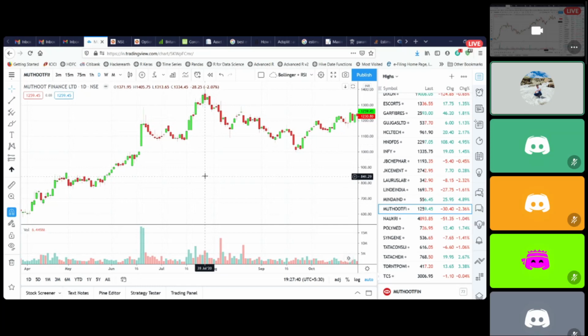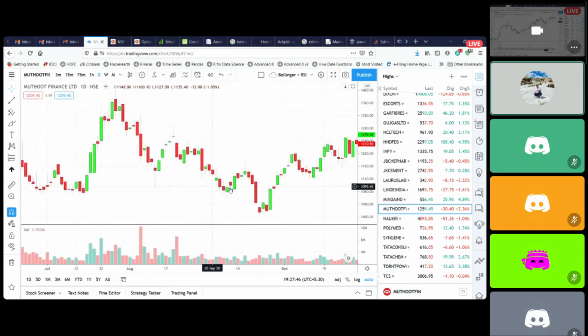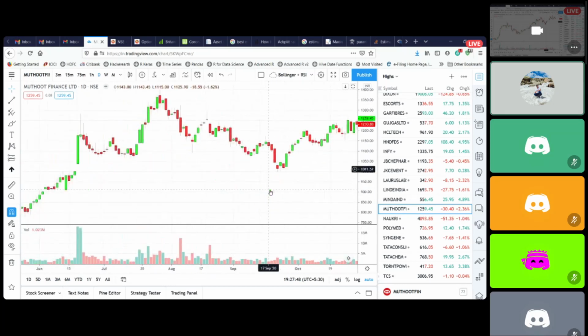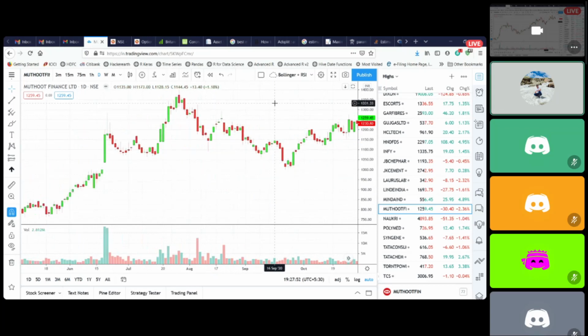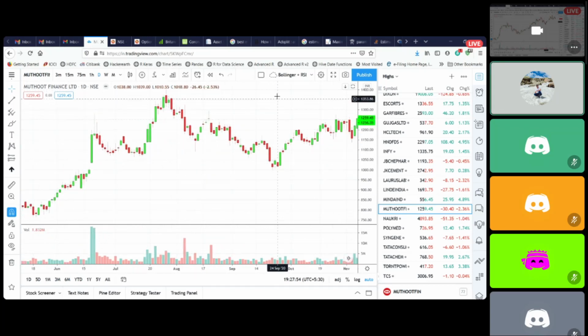Anytime before taking a trade, the first thing to look out for is what is the risk in this trade, and whether you are comfortable taking that risk. Now here at 1080, I know my risk is just 80 to 90 points and my potential reward is the 1300 to 1400 region. So at a risk of 80, 90 points, I have 220 to 320 as potential profit. So this is a risk reward I am very much comfortable taking a position on.